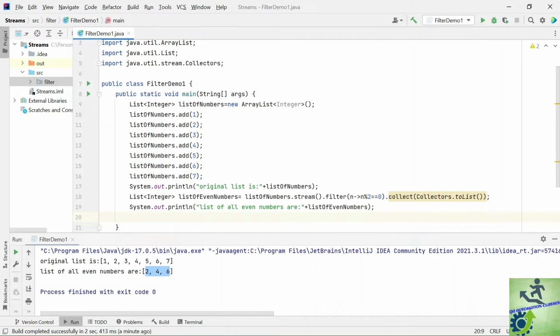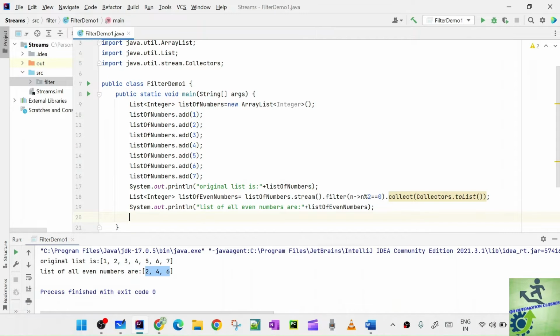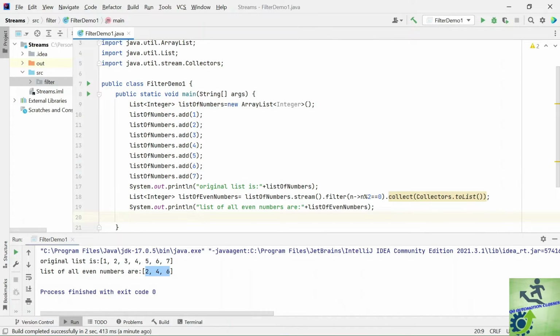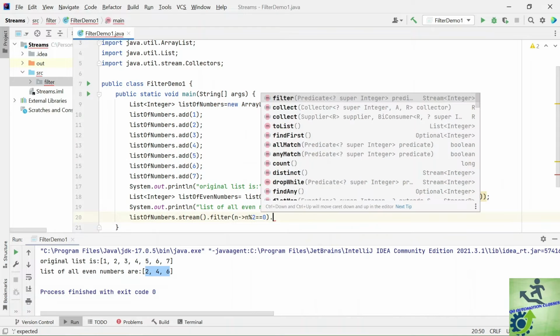So instead of collecting, we can directly display also, right? So the same code. Okay, so how to do this? So we can do the same thing. Instead of using the collect, Collectors dot toList, we can easily use the forEach, I believe, right? So let's see how that forEach is going to work. So let's say list of numbers dot stream dot filter. So instead of collect, say dot